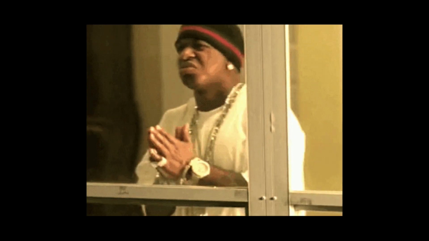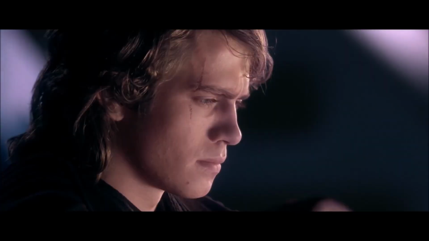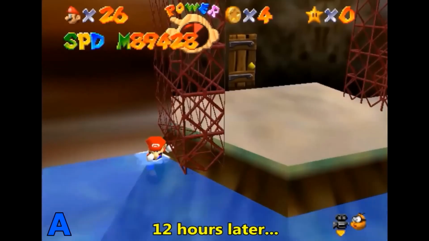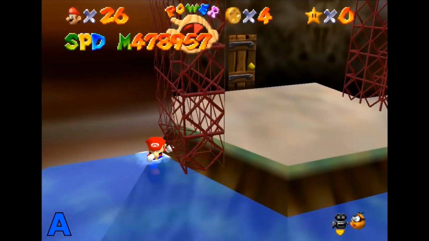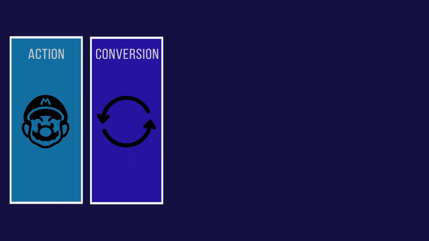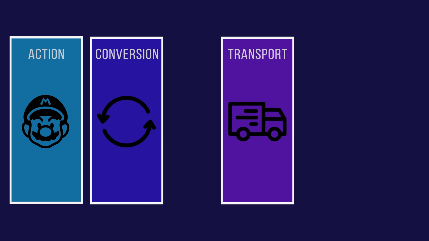Now, you're probably thinking that sounds all fine and dandy, but how does one go about implementing these things into a game? After all, building up a multiplayer game does take many hours. But to answer that, we need to talk about what it looks like when a packet is sent from one player to another. First, the player makes an action in their game. This action is then converted to a message so that it can be sent across the internet. Once this message is wrapped up and ready, we then use something called a transport layer to send it to